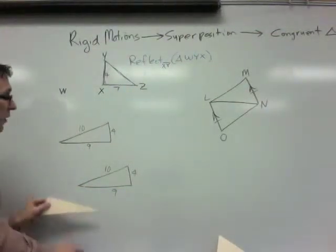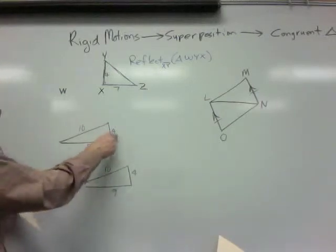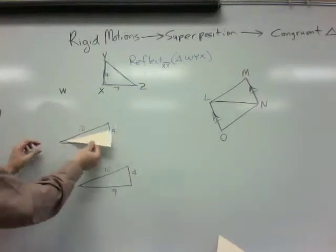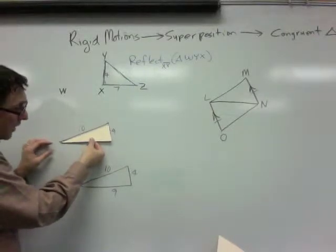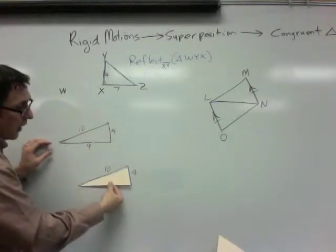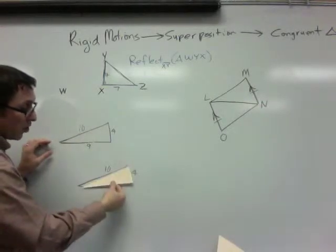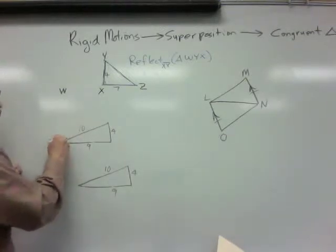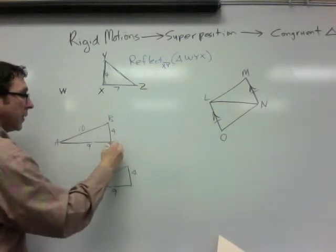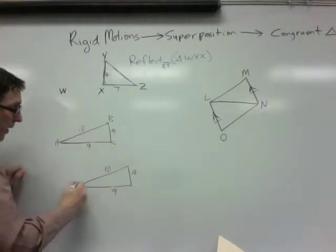So here's another example. These two triangles are congruent because of side, side, side. I also know they're congruent because I can take this first triangle and translate it or slide it down here to place it in superposition on top of the other. So if this had a name like triangle ABC, and this had a name DEF,